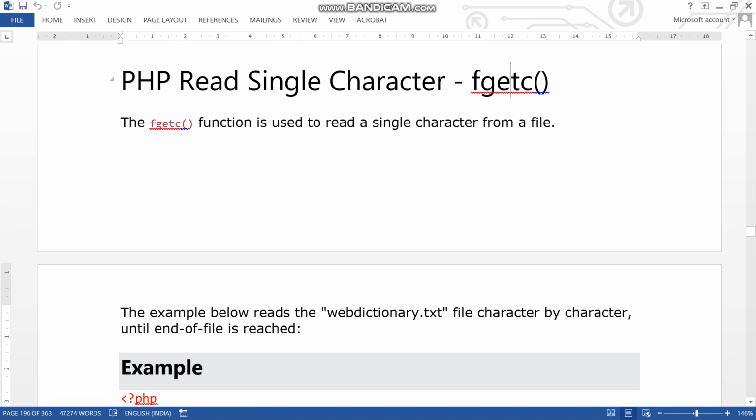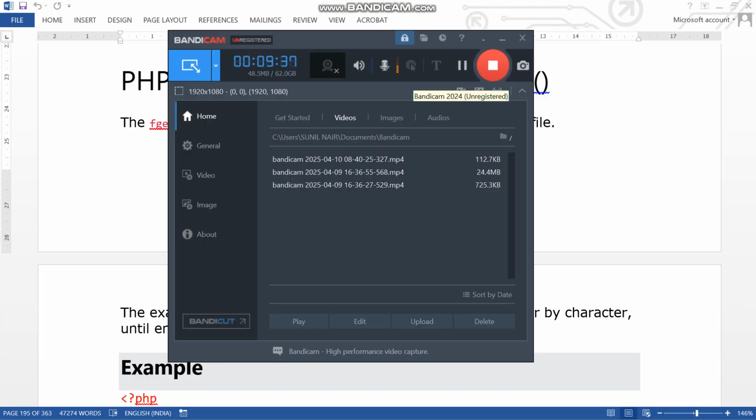See, for the character, the functions here are fopen, fgets, fgetc. But in .NET it's totally different. In Oracle PL/SQL it's totally different. In Java it's totally different. So in every programming language, it might be possible that some syntax error or spelling mistake might be there. So in the next video we are going to see it about